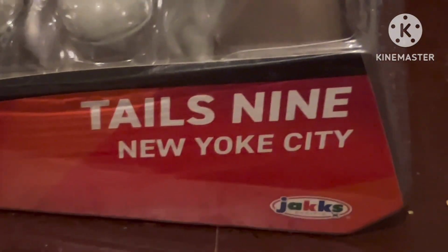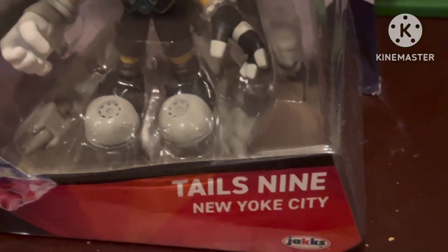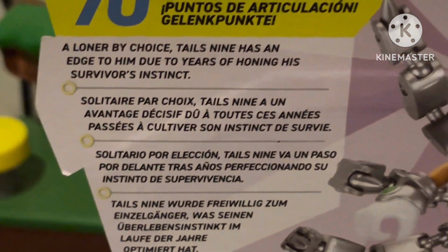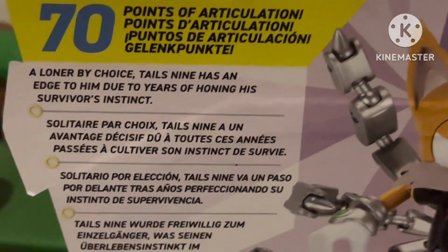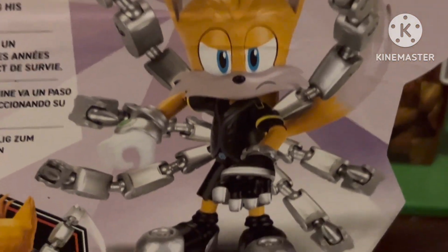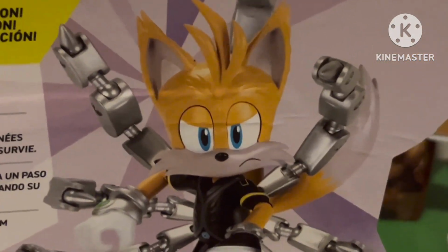We have Tails 9 on here, but I'm just gonna call him 9 because it's better to call him 9, even though he's a Tails variant. New York City on the back. 70 points of articulation, that's because of his 9 tails, so there's the back. And right here, it says, a loner by choice. 9 has an edge to him due to years of hunting his survivor's instincts. I don't think a lot of people say this, but in my opinion, he looks a lot like